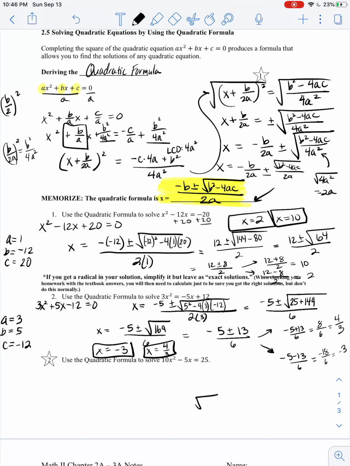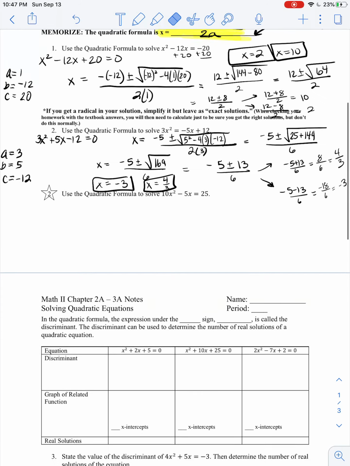So if your square root can be simplified, make sure you simplify it. Like the square root of 18, that's 9 times 2. You could take out a 3. So make sure you simplify if it's possible, but then you'll leave your answer like that. So it could be like negative 1 plus or minus this quantity all over 2, whatever it is. Okay, and then